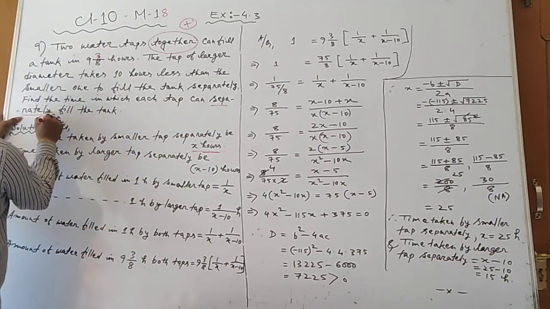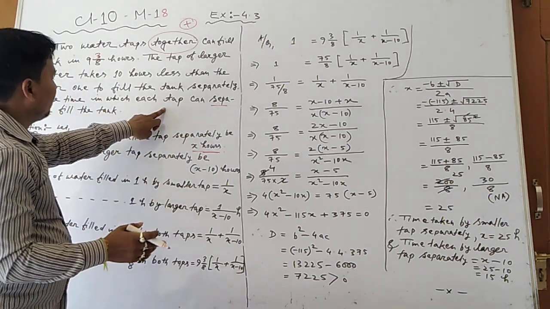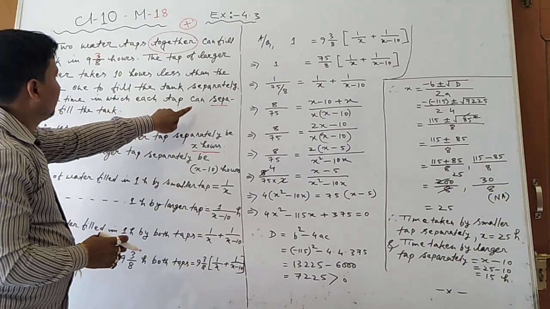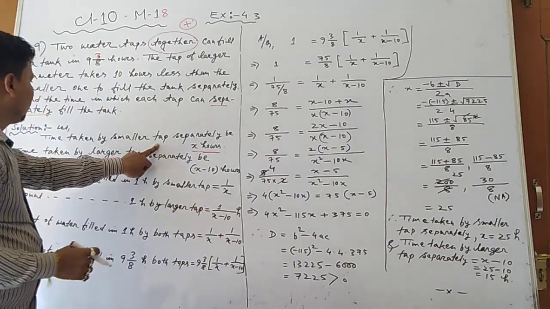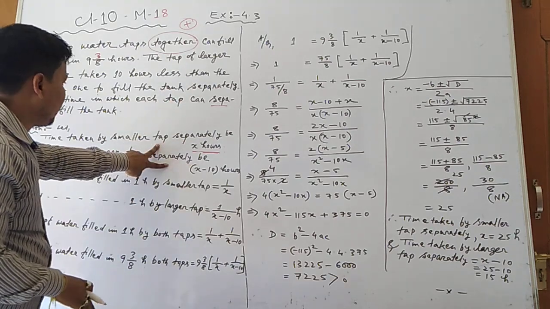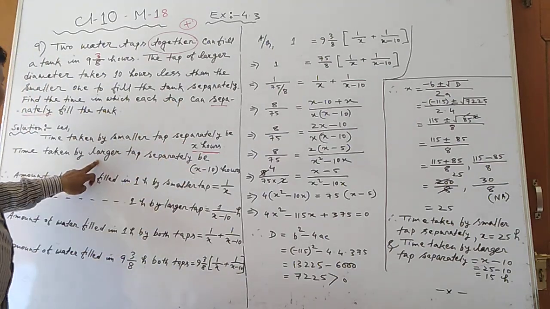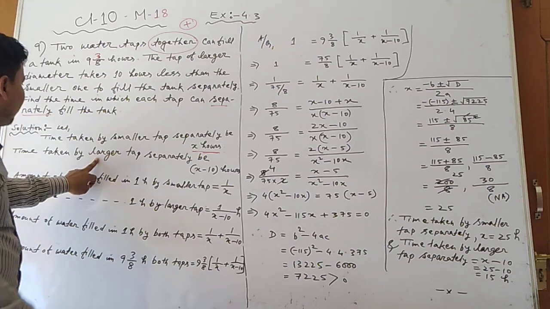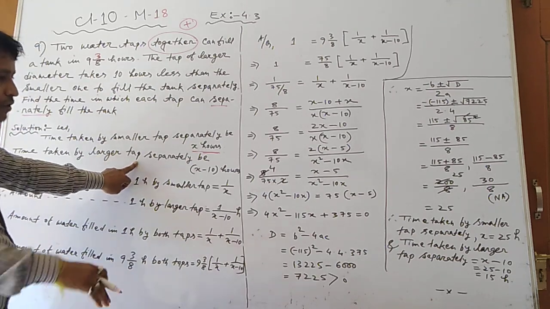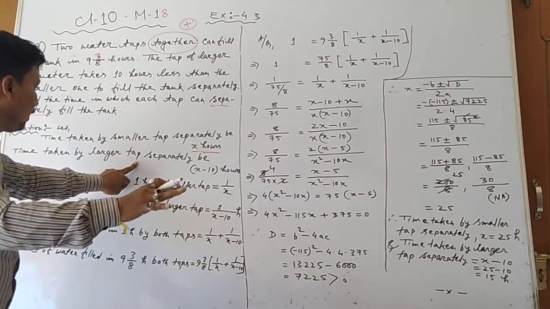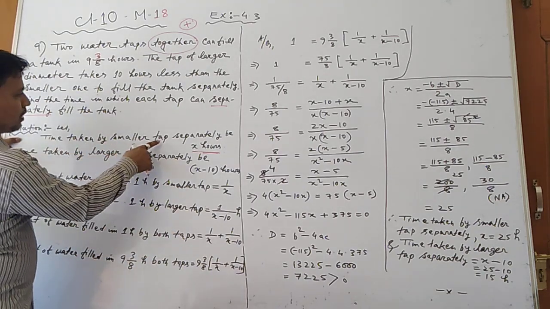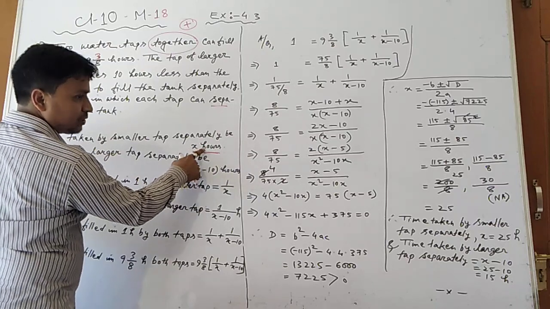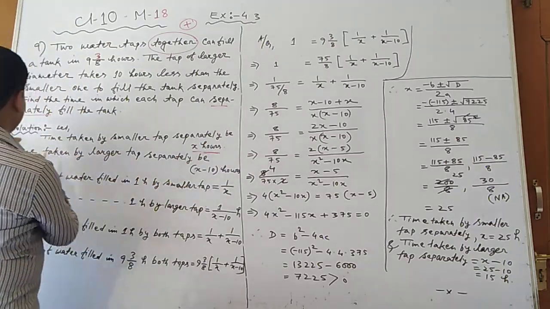Separately means firstly you give the smaller tap to fill up the tank. Then the second time you remove the smaller tap, and you give the larger tap to fill up the same tank fully. That is called separately. So the time taken by the smaller tap separately is, suppose, x hours, and there is written the time